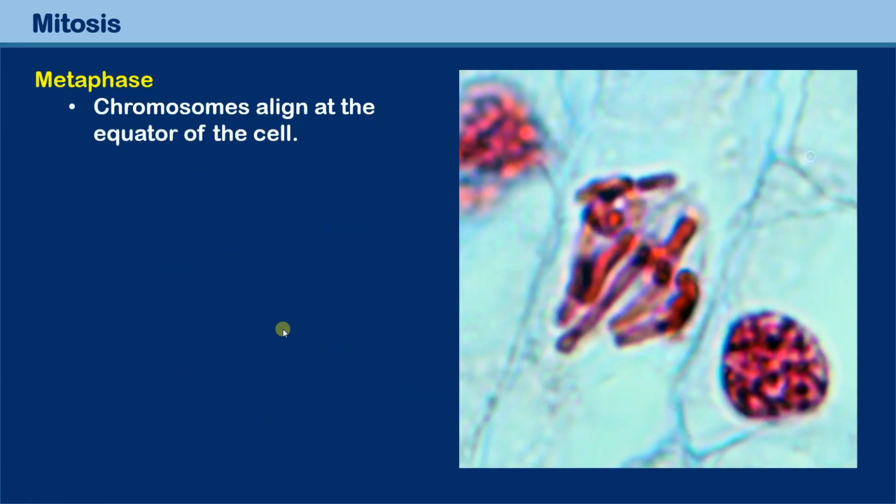happens to be metaphase, and the chromosomes align at the equator, that is the middle of the cell. How do they get there? Well, the spindle fibers, the spindle microtubules pull them there, and over here in the picture you can see these are the chromosomes right now. That's a chromosome over here. You can barely see that maybe it's made of two different parts down here, and